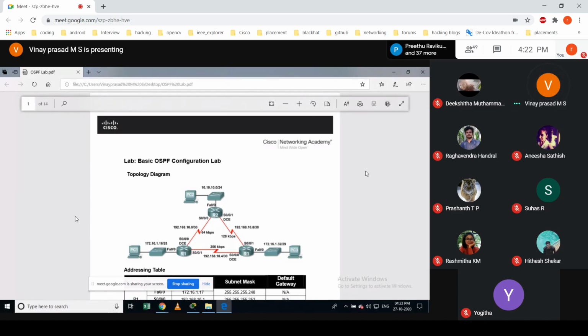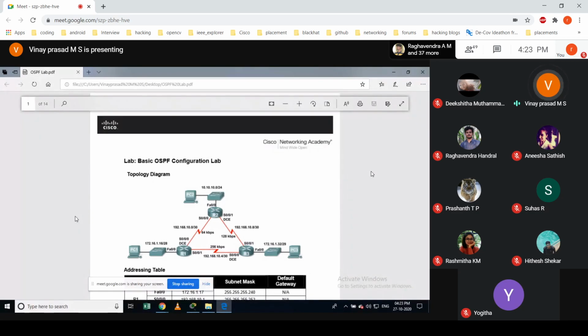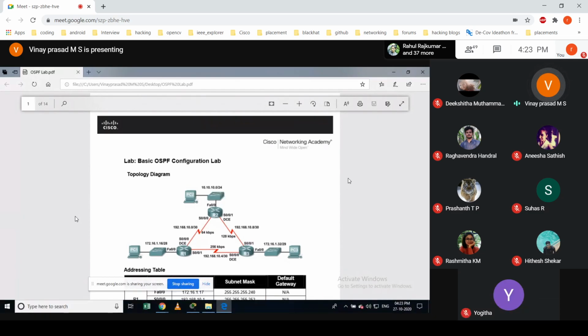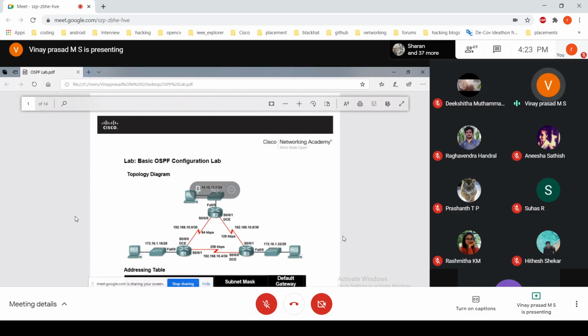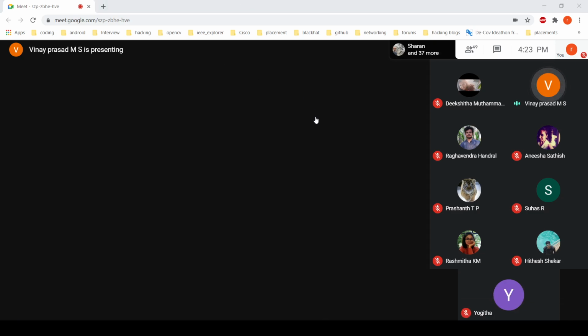Let us say a part of a network in our campus stops working. If our network is configured with RIP, you will not be able to access that network for 4 minutes, because RIP has to recalculate and find an alternate path to reach that network. But in OSPF the convergence time is much less.